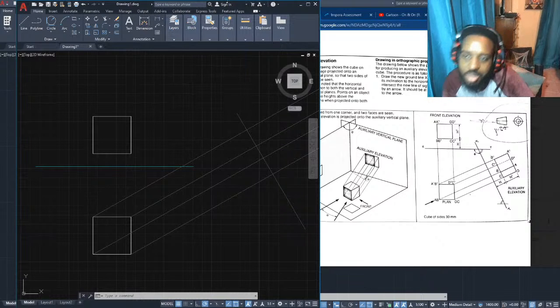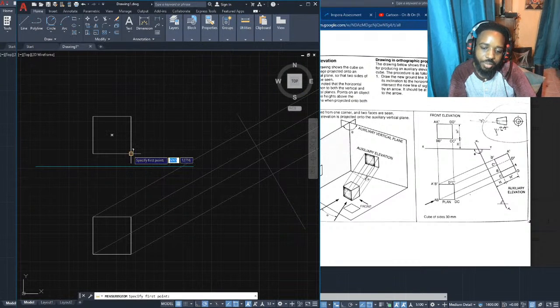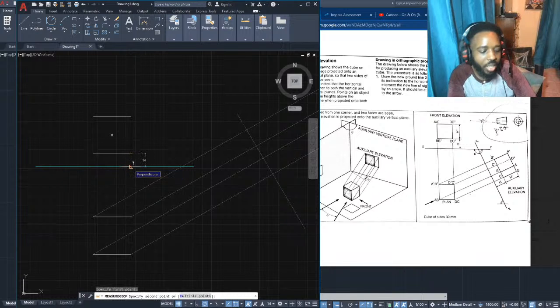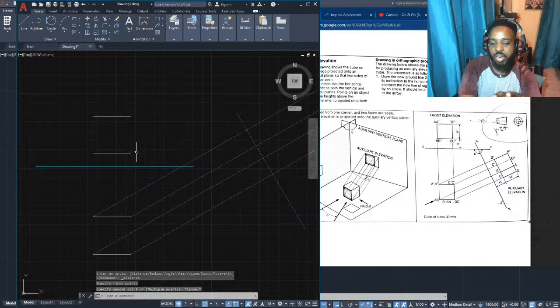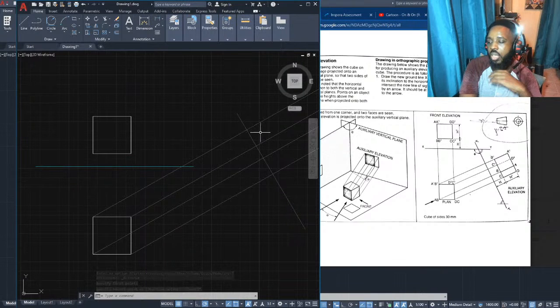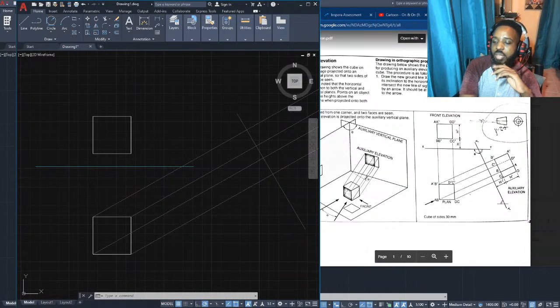So if I measure this distance, utilities, measure the distance from here to the XY line, that's 14, right? If the distance from here to the XY line is 14, that would mean that the distance from the X1, Y1 line to this point here is going to be 14.